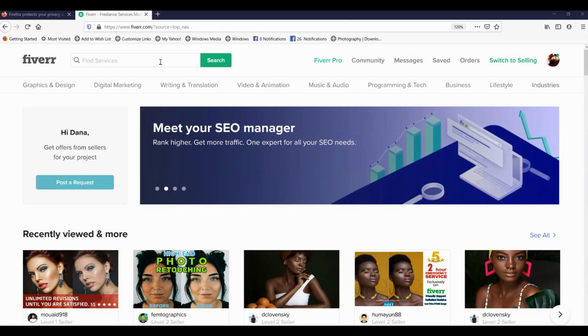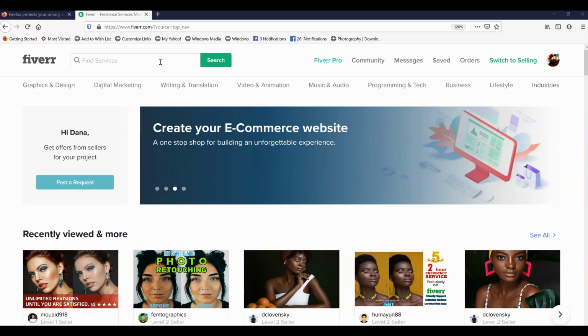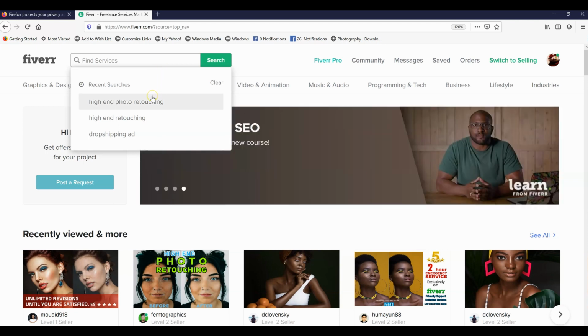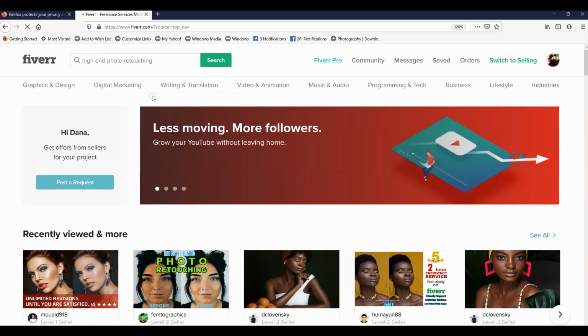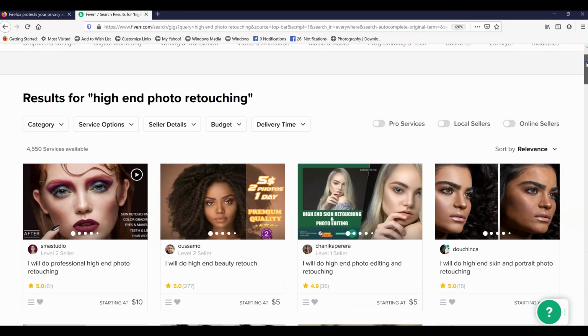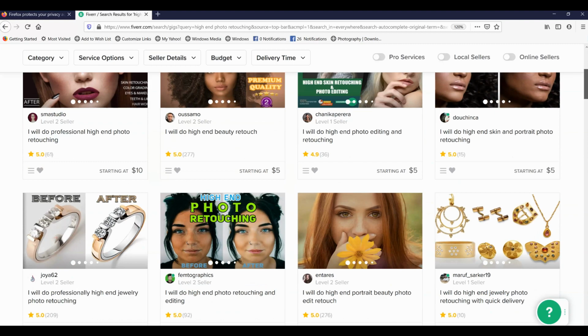So let's get into browsing the website and seeing which retouchers stand out to me. All right, let's get to what we are looking for, and that is the high-end retouching, or any type of retouching. As you can see, I already have this here because I've been looking at it. So I'm just going to click on high-end photo retouching, and it's going to pull up quite a few different